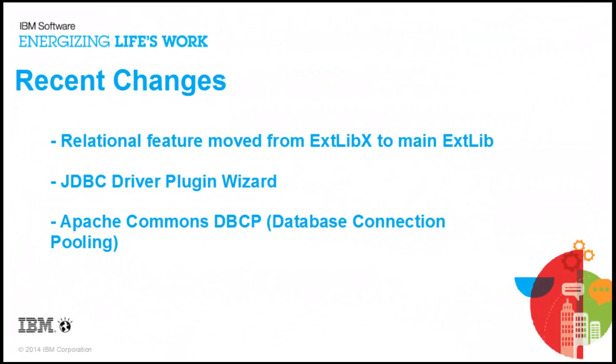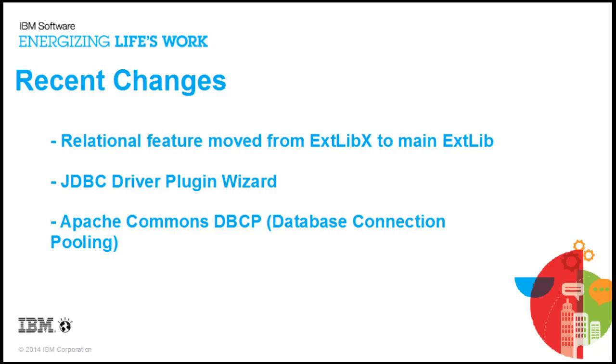The next update I want to cover is connection pooling. Changes were made in release 5 of the 901 extension library to add Apache Commons DBCP connection pooling support, and to make it easier to add further pooling implementations in the future. Simply put, a connection pool is a pool of connections to a database that is maintained and allows connections to be reused. This increases performance, as creating connections can be expensive in terms of network traffic and processing time in